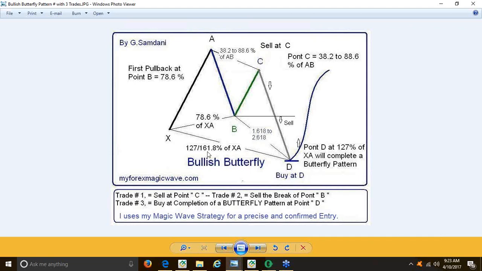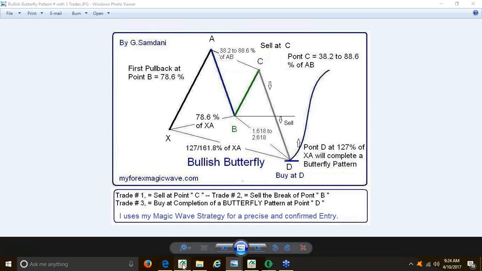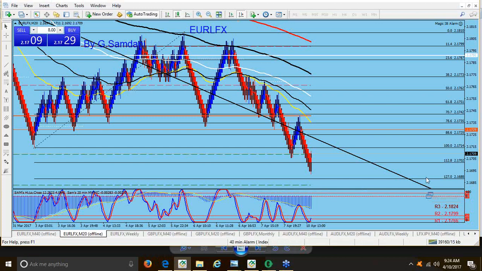Either 127% or 1.618%. So first a smaller butterfly, and it's usually a 127%, and then it bounces from there. And if it doesn't, then it goes to 161%. Right? So if you take a look at this here, the 127% is right around here. So it's about time, because this is just a 20-minute butterfly. This is an ending butterfly at 40-minute